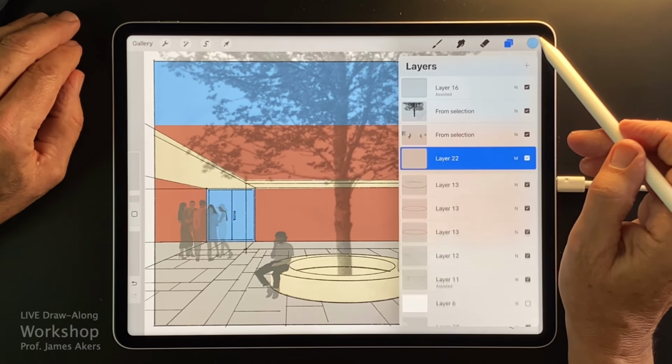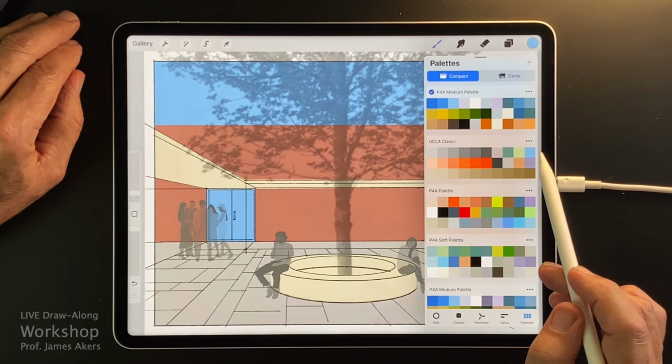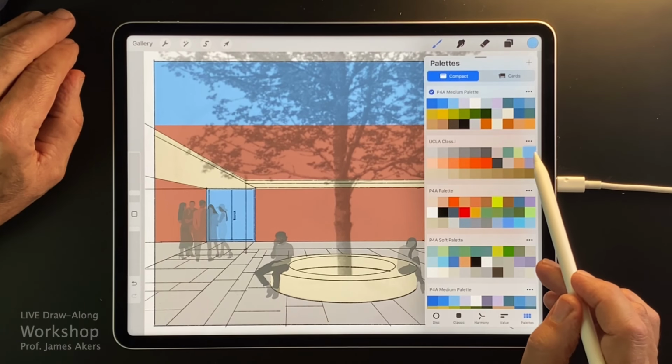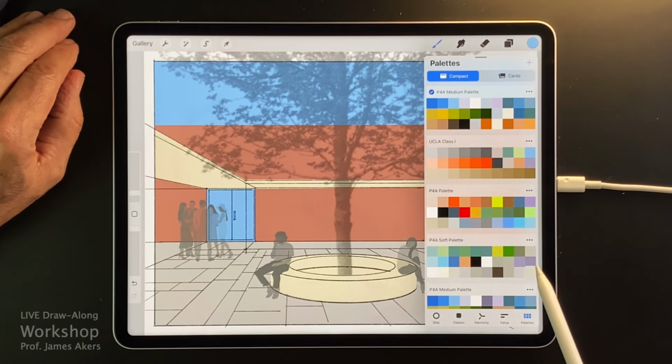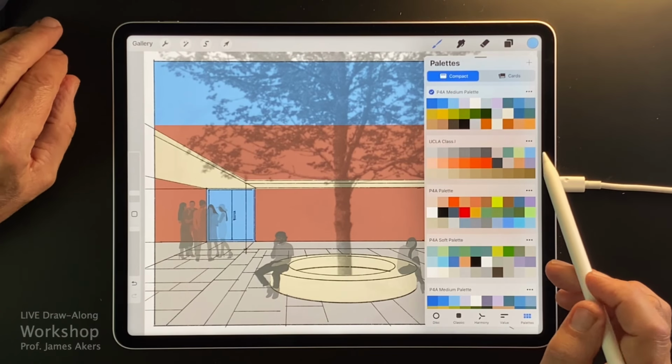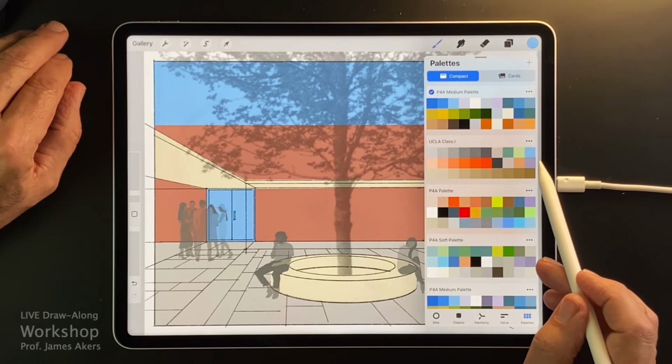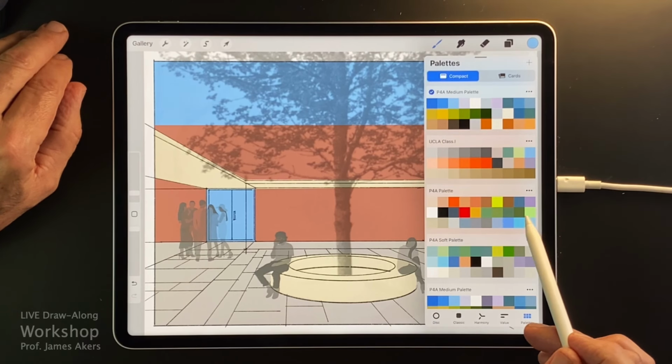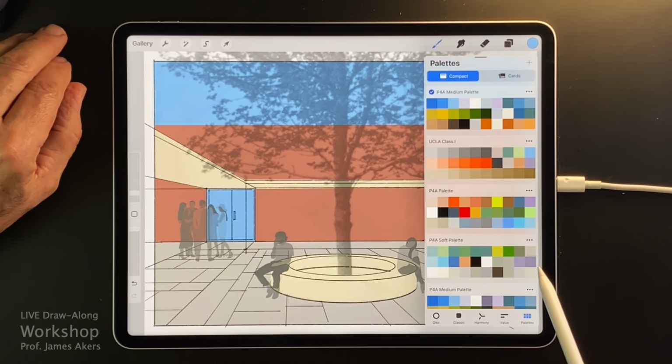So I'm going to go in, my favorite shadow color, at least for starters, is sort of a blue-violet. The violet has a nice contrast with the warmth of the sun and is nice in creating that illusion. But we can adjust it later. So I'm going to pick this kind of dirty blue-violet.